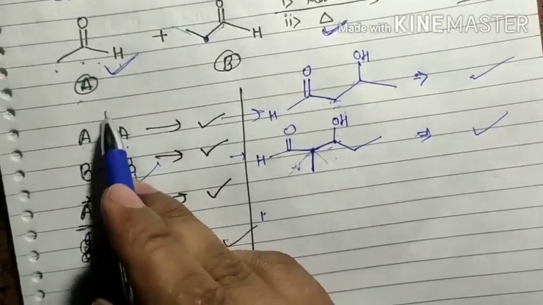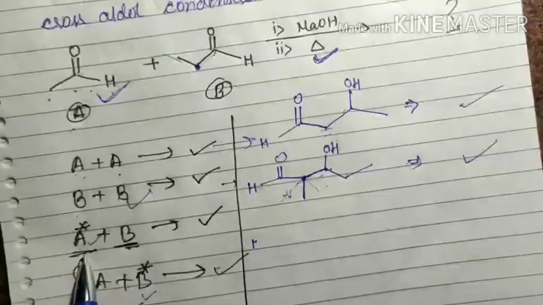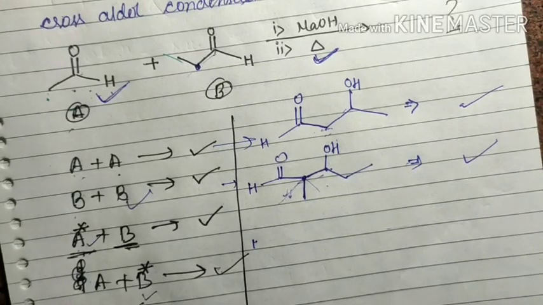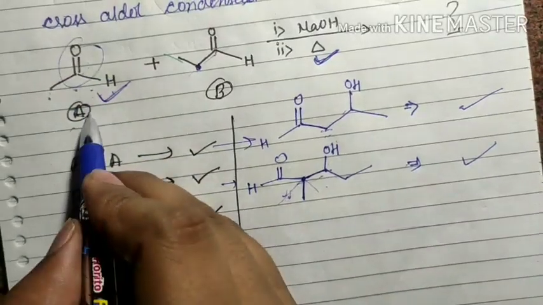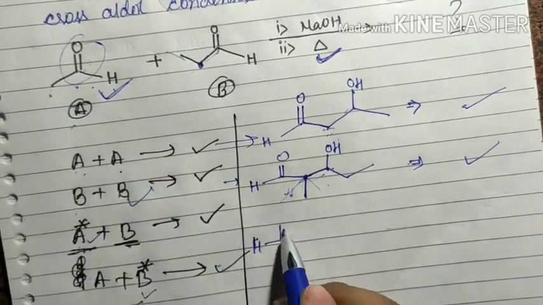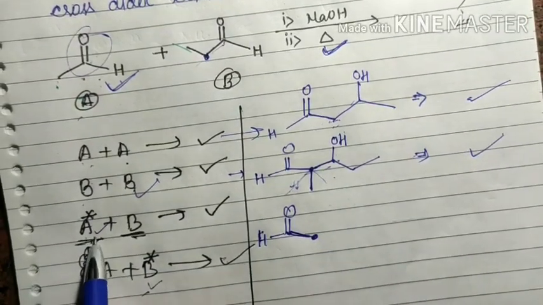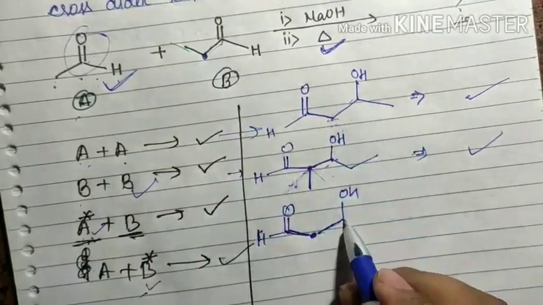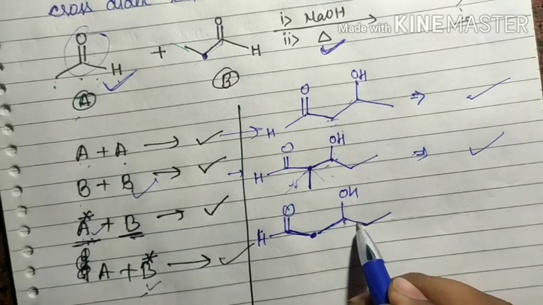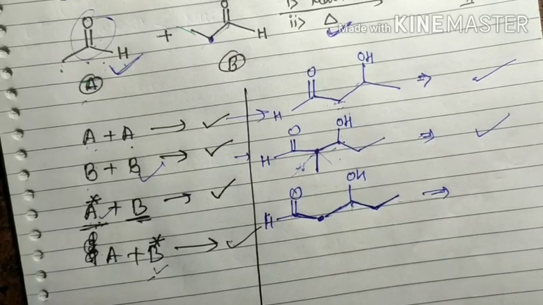If A and B, if A is formed as enolate, so if A forms the enolate, I told you previously various times that if an enolate is formed by any molecule, the carbonyl center is retained. So if A forms the enolate, the double bond O is present on the enolate molecule only. So this behaves as a nucleophile and it attacks this molecule. So this is the new bond, this is OH, and it is with one hydrogen and this side chain. So you may write the product clearly here also.